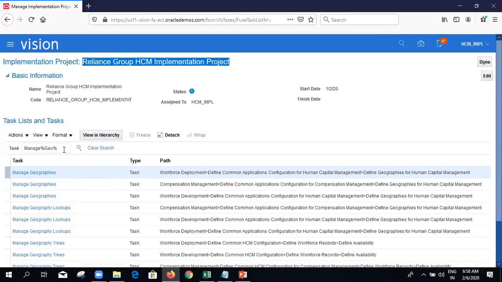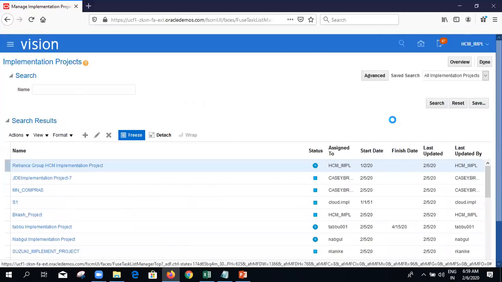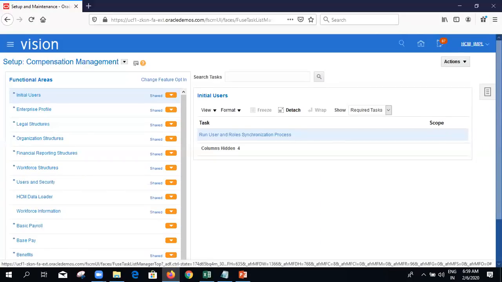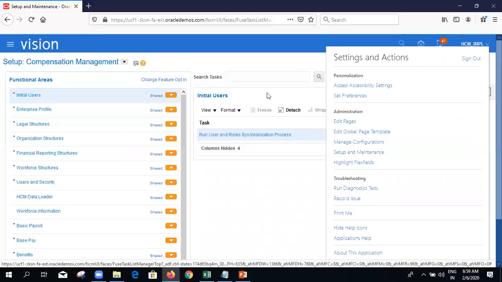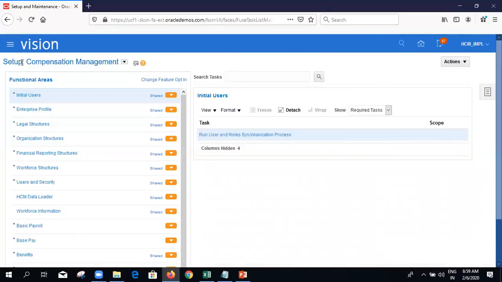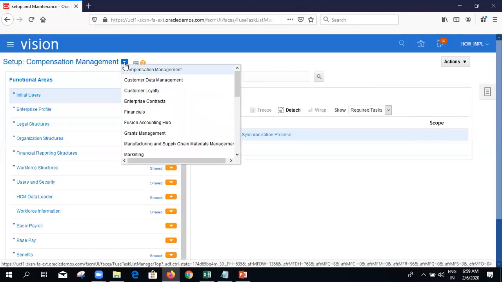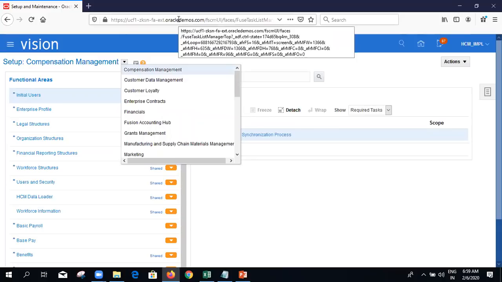So one place is coming to Setup and Maintenance, Manage Implementation Project, selecting your project and searching here. Or else you can search directly here only. Click on done. Once I click on Setup and Maintenance, we are redirected to this page. Here in the setup, we will have the same offerings that are there in this entire environment.